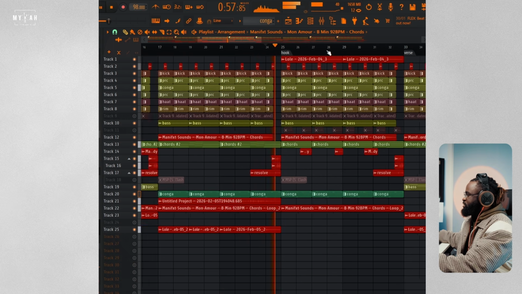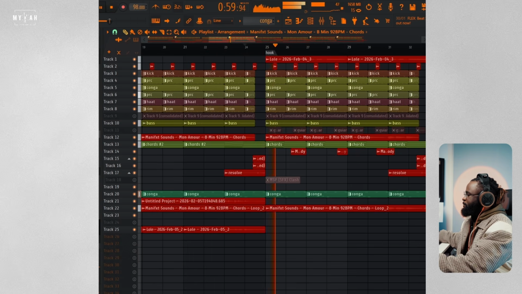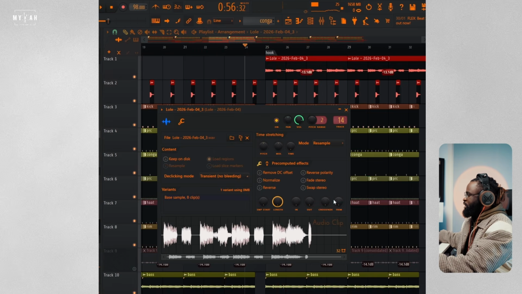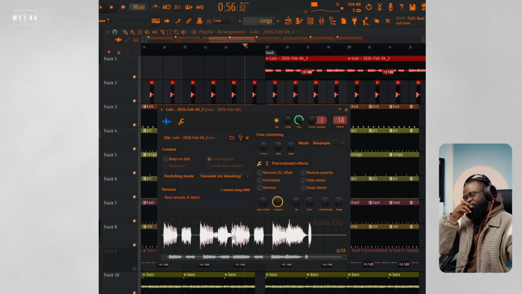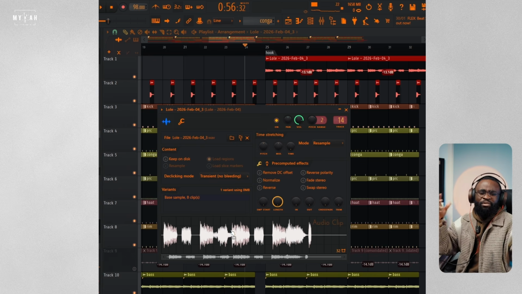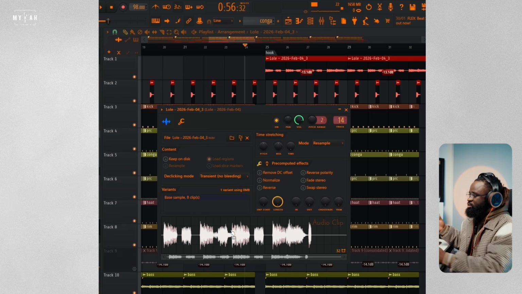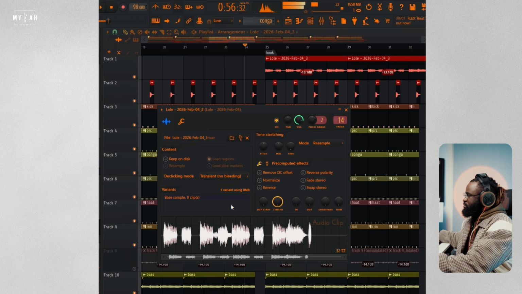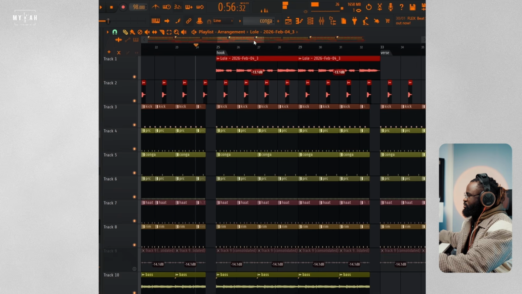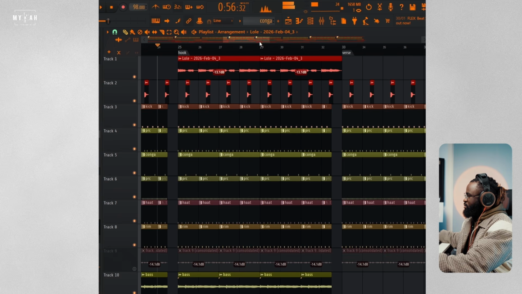So yeah, I have this. This was the vocal I used for the intro. Got this also from Splice. Splice has amazing vocals, trust me. You just need to spend a lot of time listening to different ones to get one that fits your beat. But yeah, I had this. So yeah, so that's